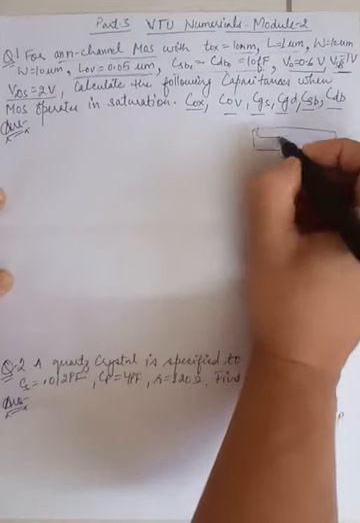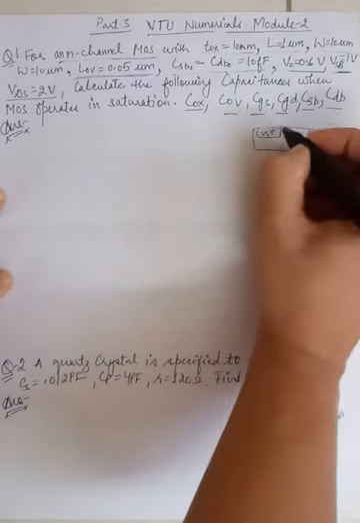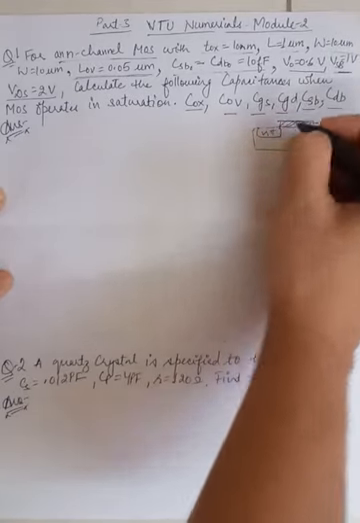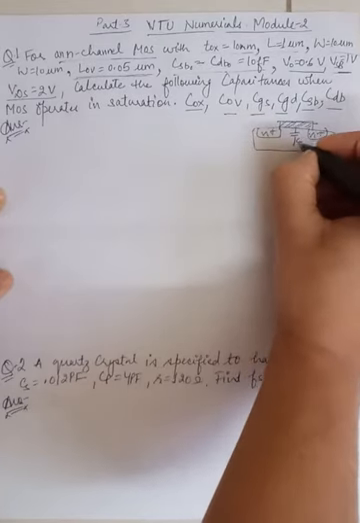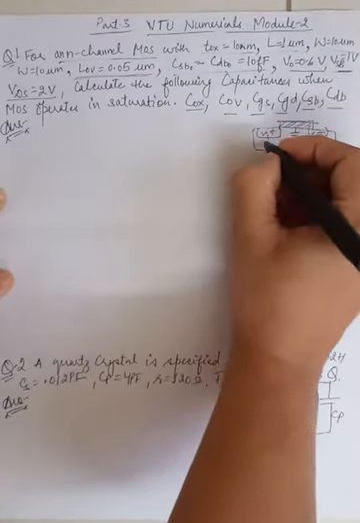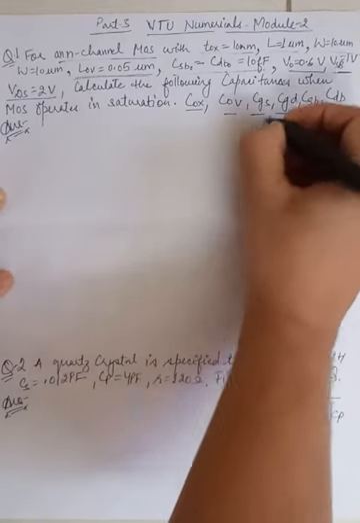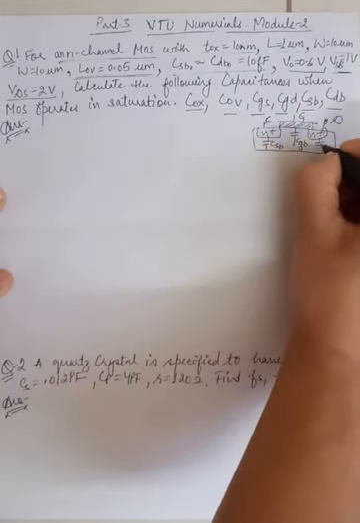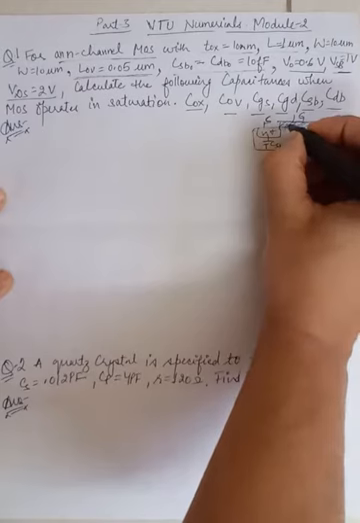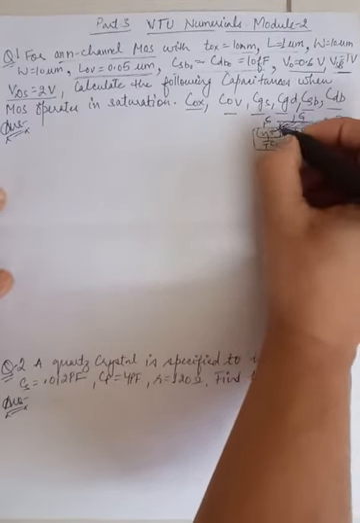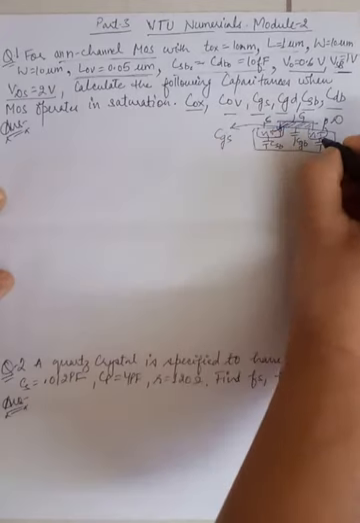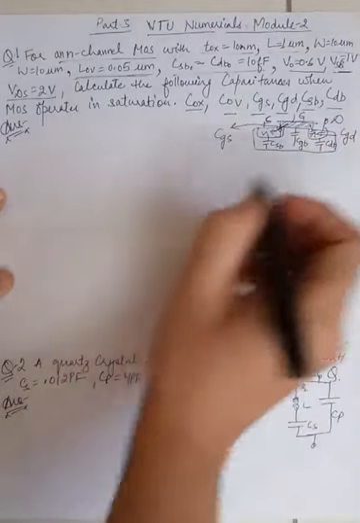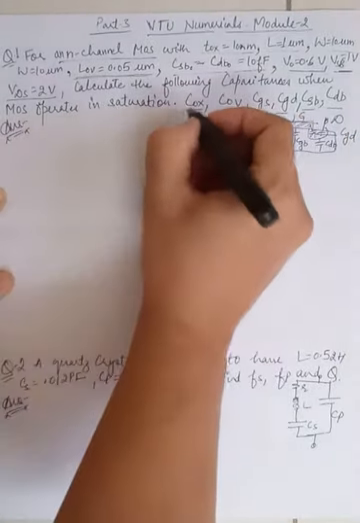What are these capacitances? We'll quickly have a look at this. This topic we studied, MOSFET internal capacitances. We saw this is your CGB, this is your source, gate, and this is drain. So this is CSB, this is nothing but CDB, and because of the overlapping here, this is nothing but CGS. Overlapping here, we have CGD. So we need to find out all these given here.